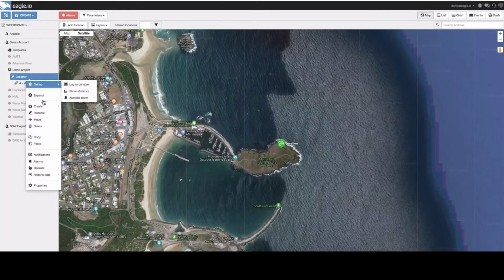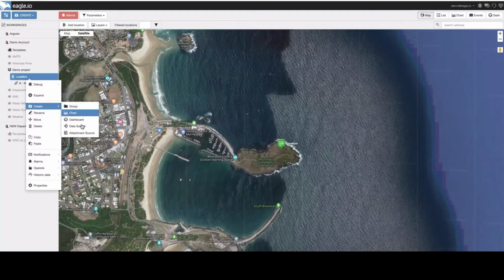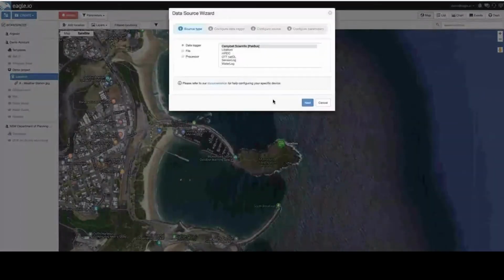So in that location, I want to create from the Workspaces tree a data source. This is where the wizard appears and assists us in configuring up an appropriate data source to ingest data into this particular location. There are three different types of ways that we support to bring data into EagleIO. And the first one is we accept text files, CSV files essentially. If you can send your data into it as a CSV file or as a text file directly to us,